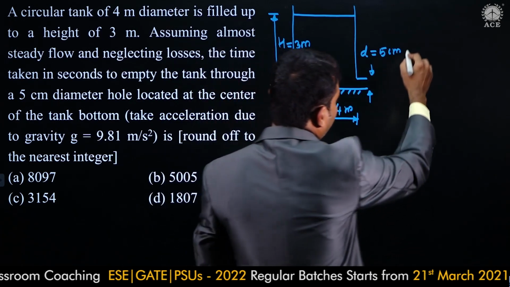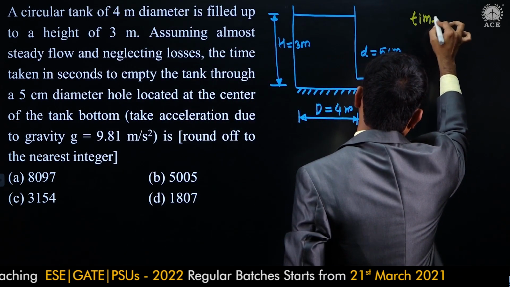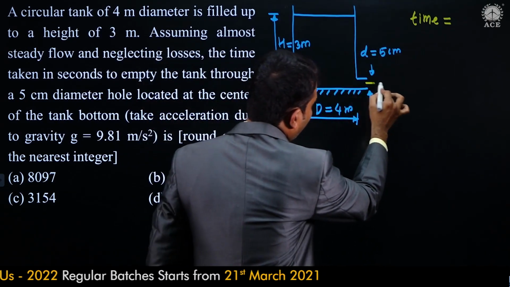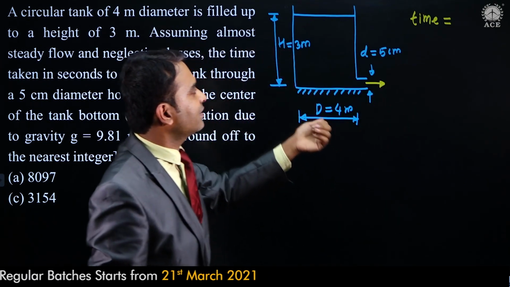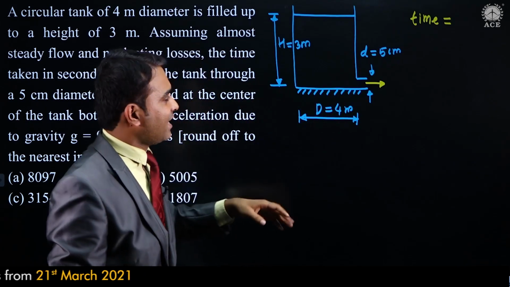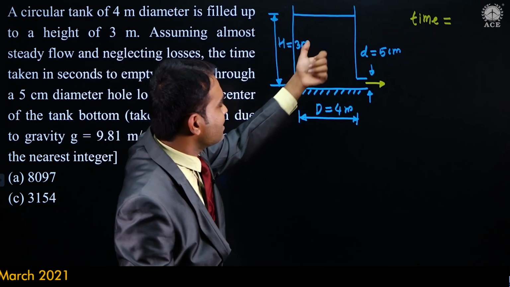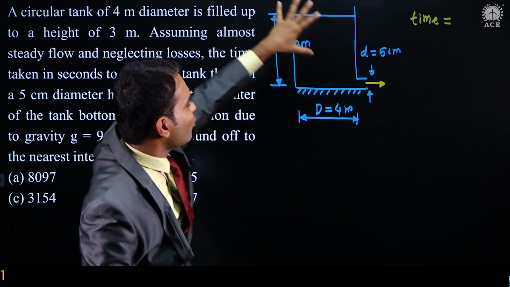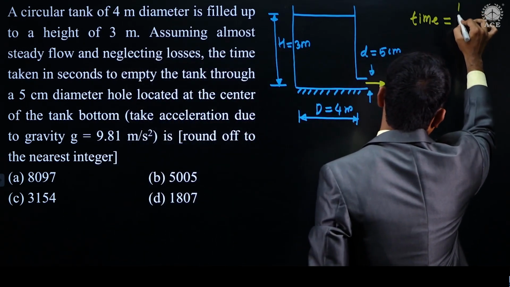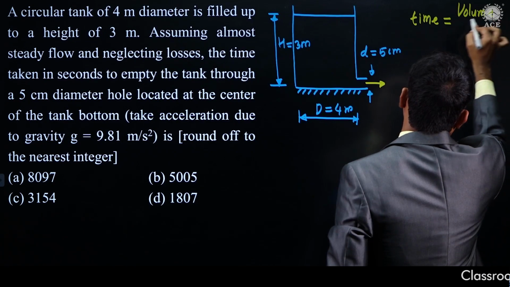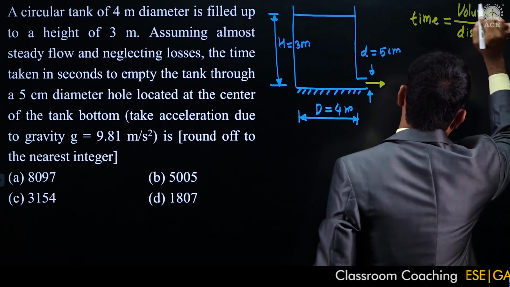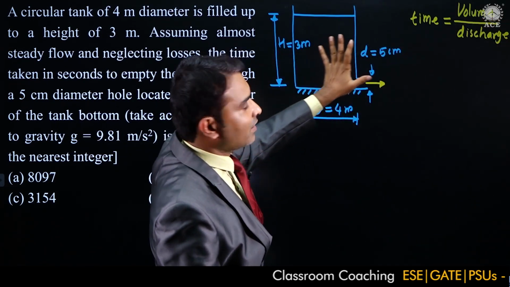Now how to get time? Time will depend upon 2 quantities. First is discharge. If discharge which is going out, if this discharge is high, then tank will become empty very early. In that case time will be less. Second thing is, it depends upon quantity of water inside this tank. If there is more amount of water present inside this tank, it means time will be high. So formula for time is volume divided by discharge. Alright. So this is the formula for time.